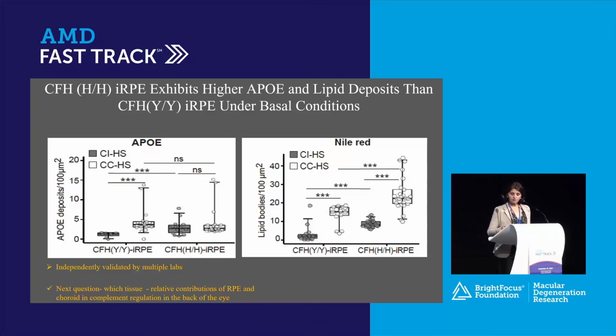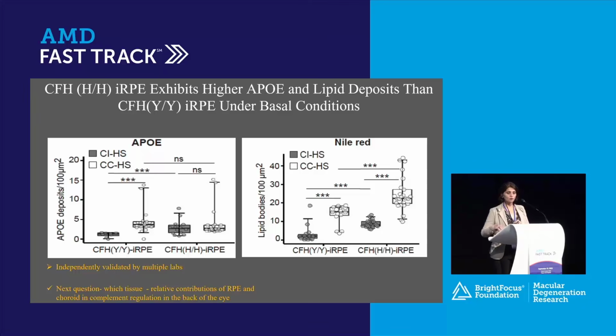And I think, as you heard in Bob Mullen's talk and several others, AMD is not an RPE disease. It doesn't affect in silo. There are other tissues that get affected. And when it comes to the complement pathway, we know it's not just the RPE tissue that gets affected. We also know the choroid has a major role. And who knows, now the retina also may have a major role in causing